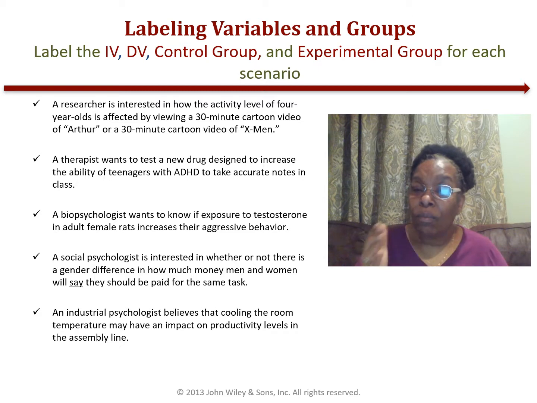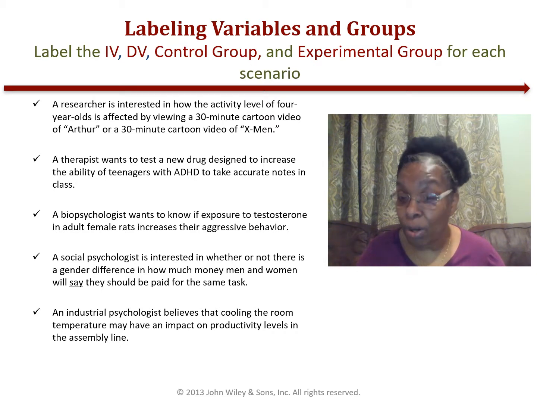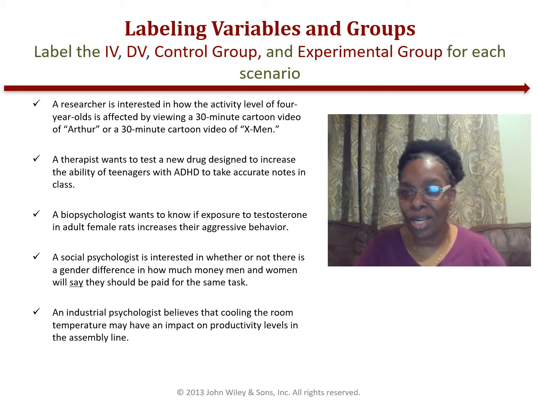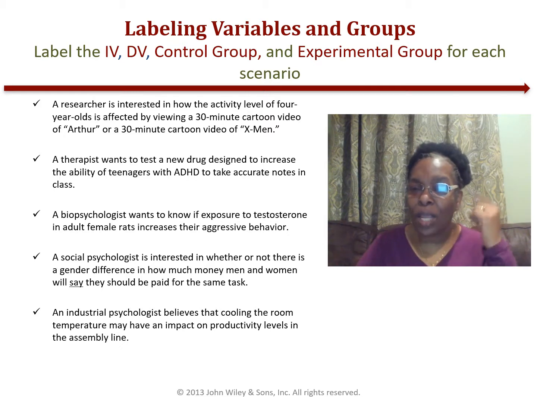And remember, with the control group, we would not apply any type of treatment. Think about if we were trying to study medications, for example. If we give a medication to a group of people, that's considered to be the experimental group. Whereas if we were not to give them anything but sugar pills, a placebo, that's considered the control group. So I gave you a hint already. As you're reading, you'll kind of see what I'm saying, and hopefully it'll click for you. But take a moment right now, pause the video, and answer these for yourselves, okay? Then you can get started again.